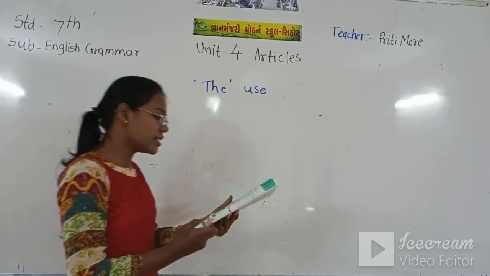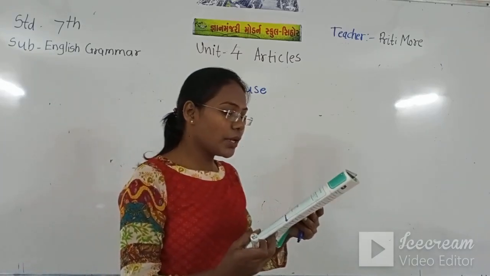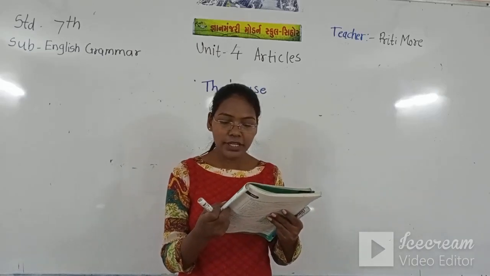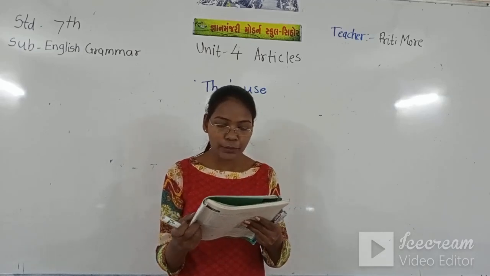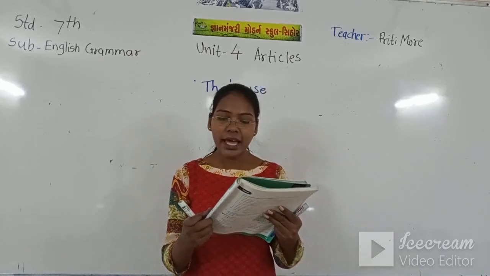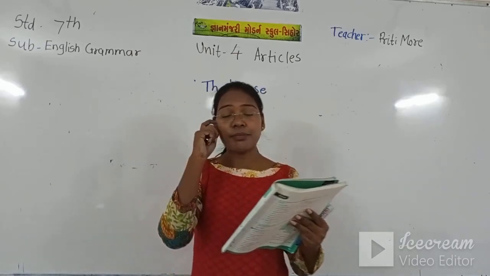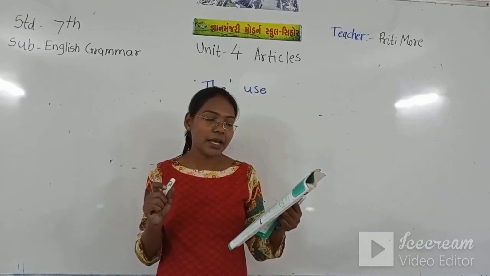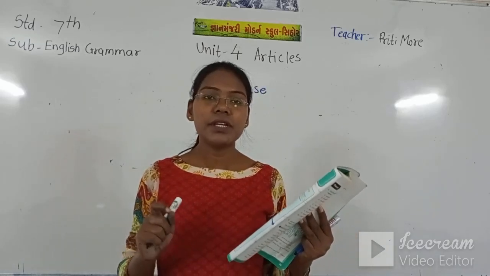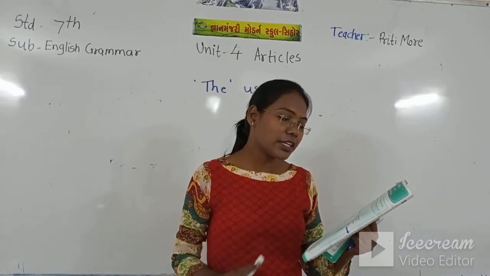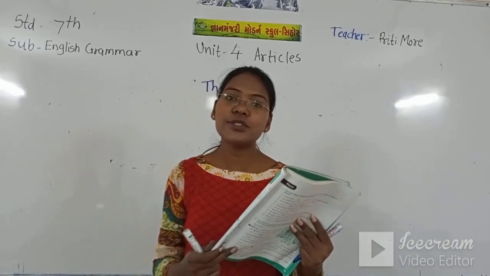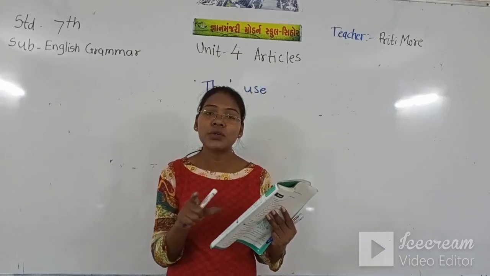Which nouns are there? Let's see. The is used before some proper nouns such as names of mountains, oceans, monuments, ranges, holy books, directions, seas, rivers, newspapers, magazines, families, and titles. Before any particular magazine, we use the article. Before a particular newspaper, we use the article. Before the river, the direction, the holy book, because everyone is aware of those particular things.